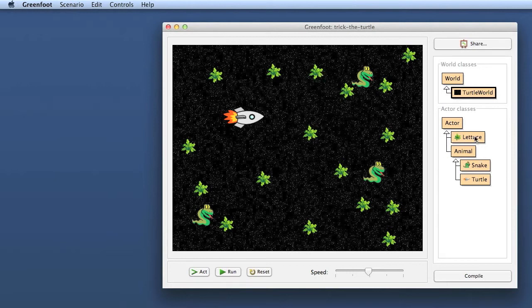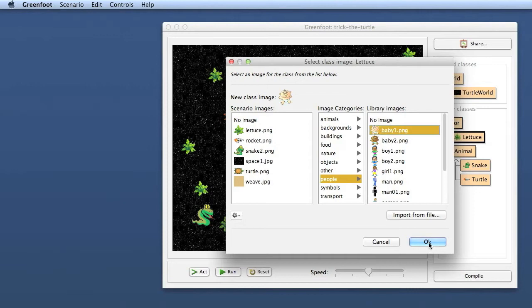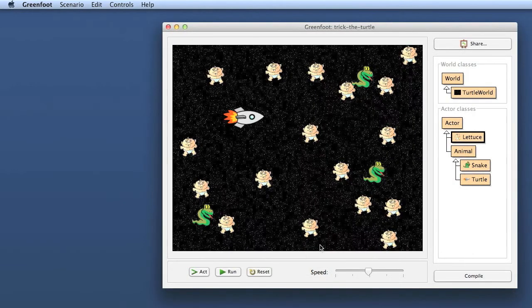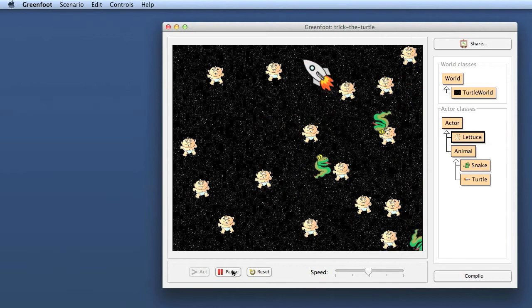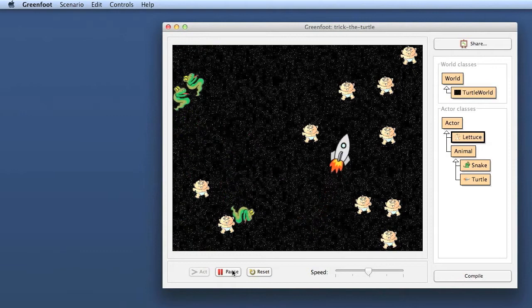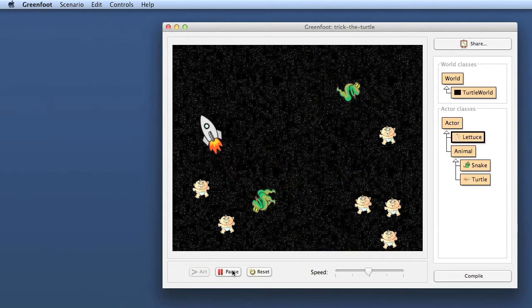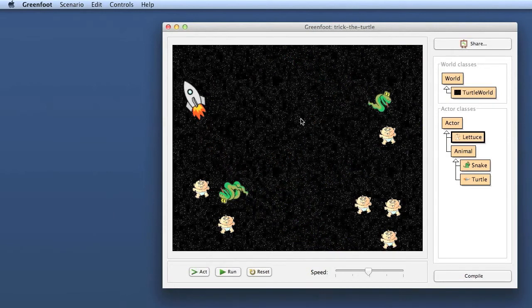And then if I make my lettuce look not like lettuce, but let's see what we have. Set the image, and I use people. Let's say I've got babies floating around in space. So now I have the same program, and now my task is to pick up the babies with my rocket. So I fly through space, and now I have space snakes. Maybe I want to change the snakes into asteroids or something. But what I'm getting at here is, this is from a technical point of view, from the coding point of view, the exact same program, but it looks very different.